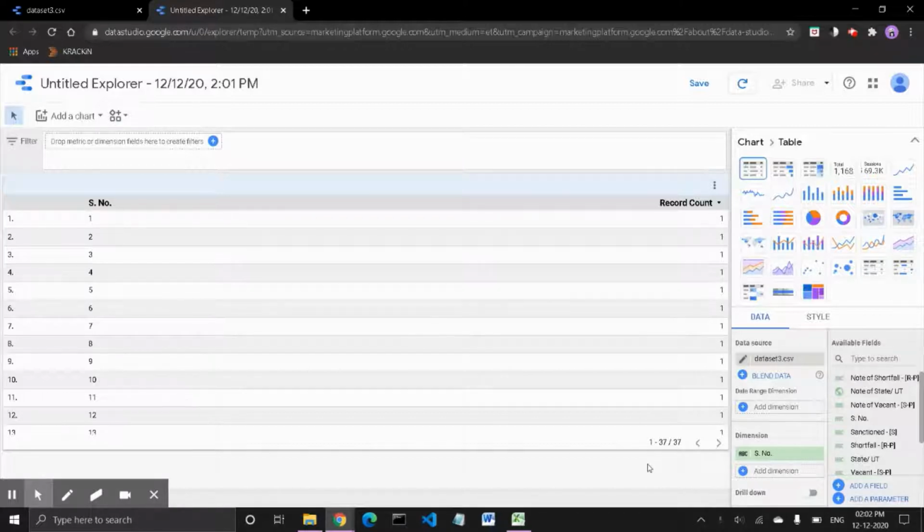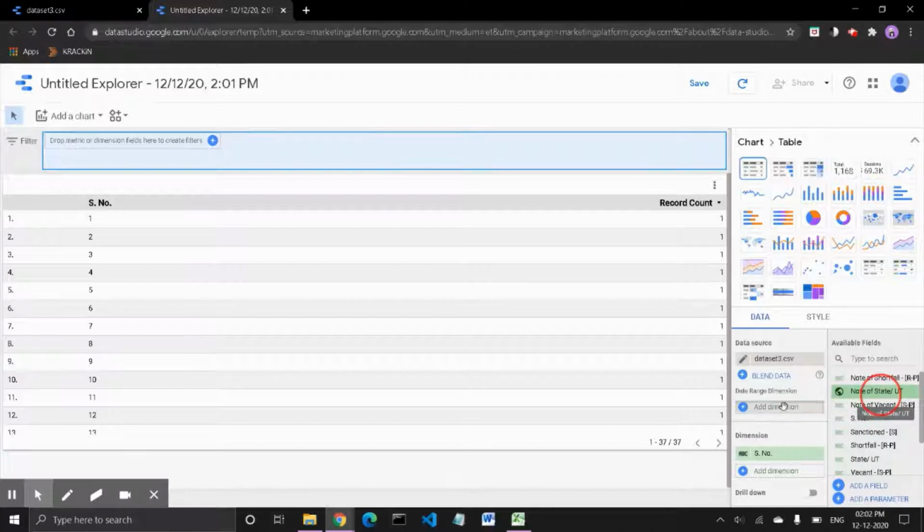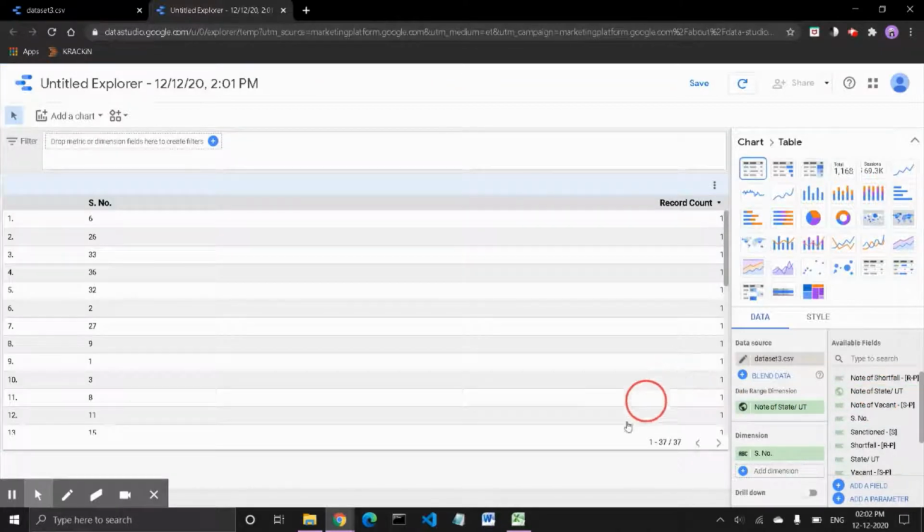First, let us see how many required beds are there and how many beds are in position. So let us draw a graph regarding that. First, we'll add the range as the number of states and the union territories, and then